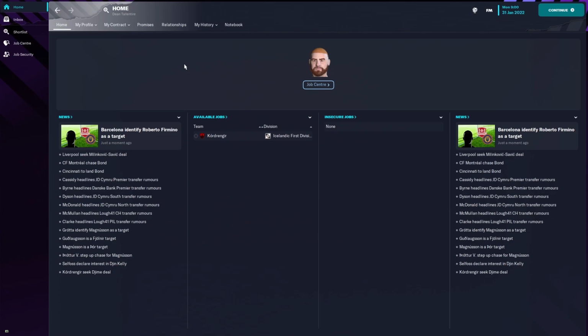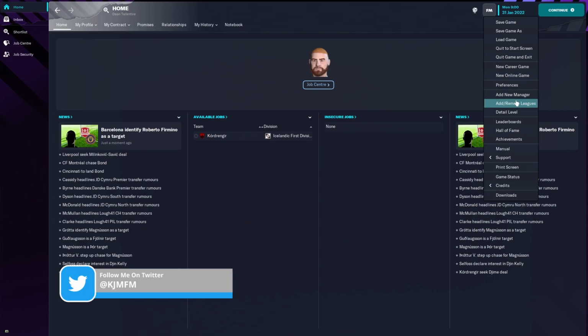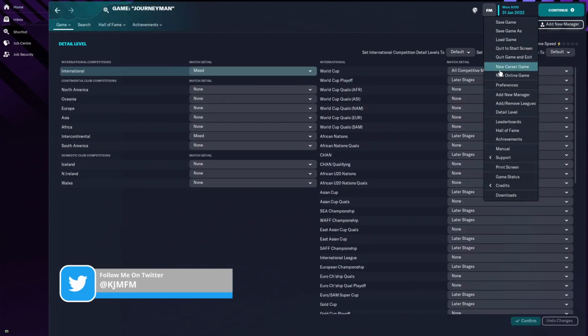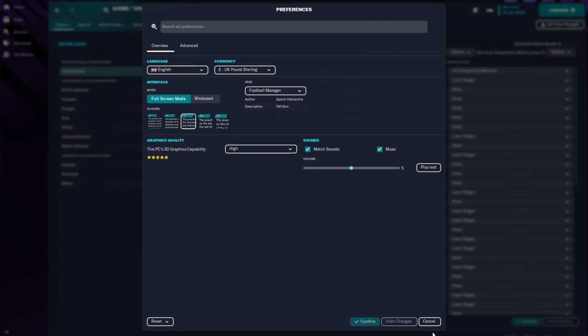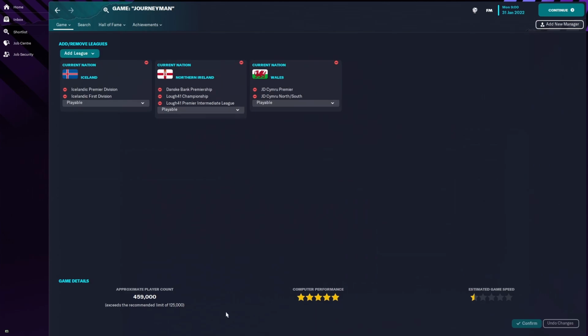We've got 439,000 players loaded in the database. It'll tell me somewhere. I can never ever remember where you look for it. It might even be in preferences. No, it's not in preferences, is it? It's in here somewhere. I wonder if I go to add remove leagues. There we go. 459,000 players loaded. Obviously, you can see there it exceeds the recommended limit of 125,000, but it should be absolutely